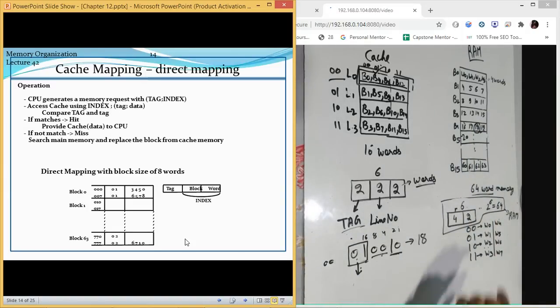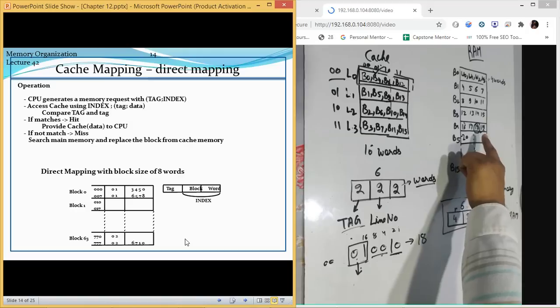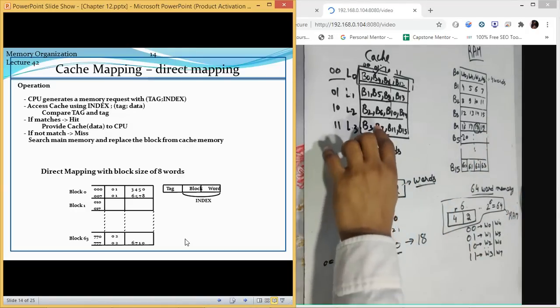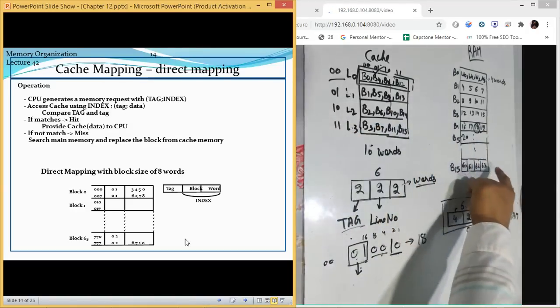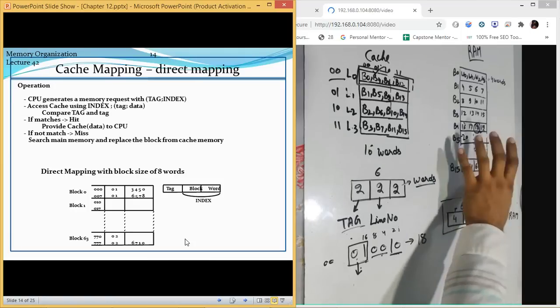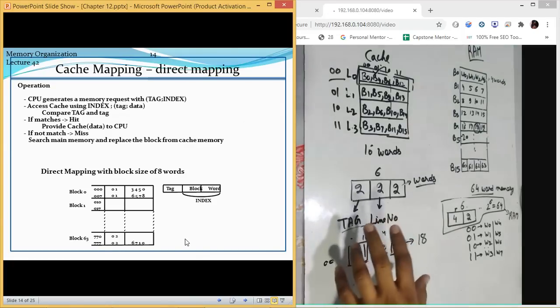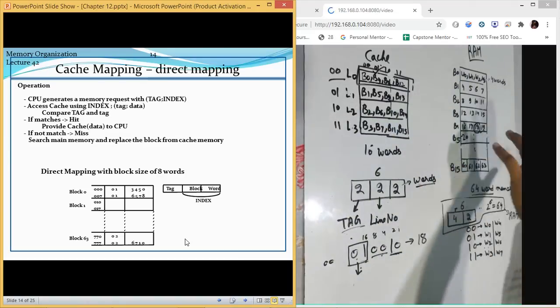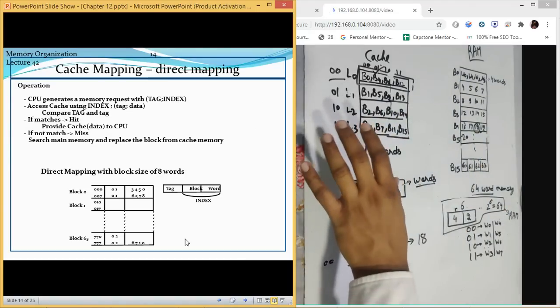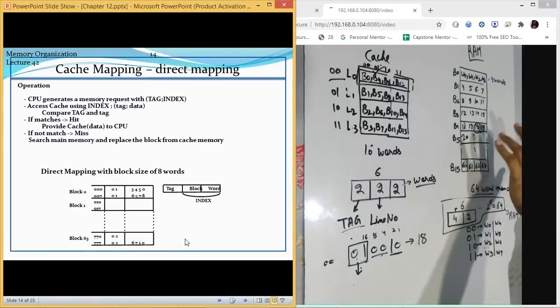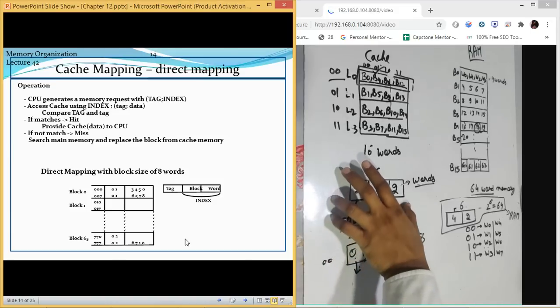So this is how we are going to map it. This is how we map it inside the cache and inside the RAM. So this is the method. The CPU will generate our address. We will look for that address inside our cache, and if it is not present in the cache, then we can refer to RAM. So we can search it in the RAM by using the same address.